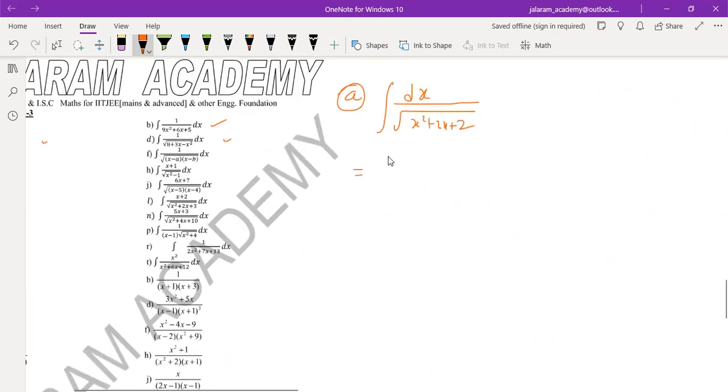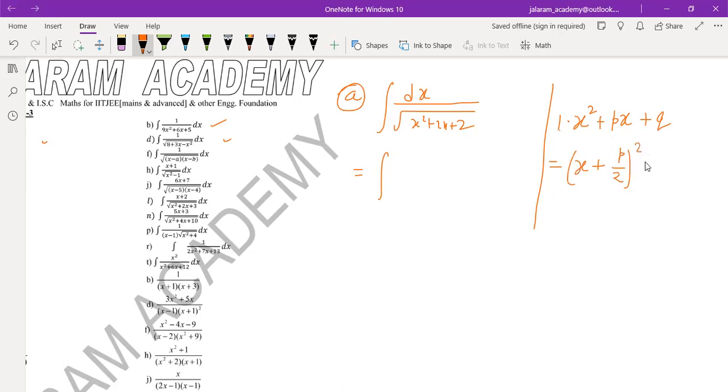So after learning all these formulas, we have to learn one more method, the method of changing to perfect square. So whenever there is x square plus px plus q, means quadratic form, means coefficient of x square must be 1. If it is not 1, then you have to take that common. So if coefficient of x square is 1, remember the method: x plus half the coefficient of x. Coefficient of x is p. So when we write its half, p by 2 whole square minus p by 2 whole square plus q. Is that clear to you?